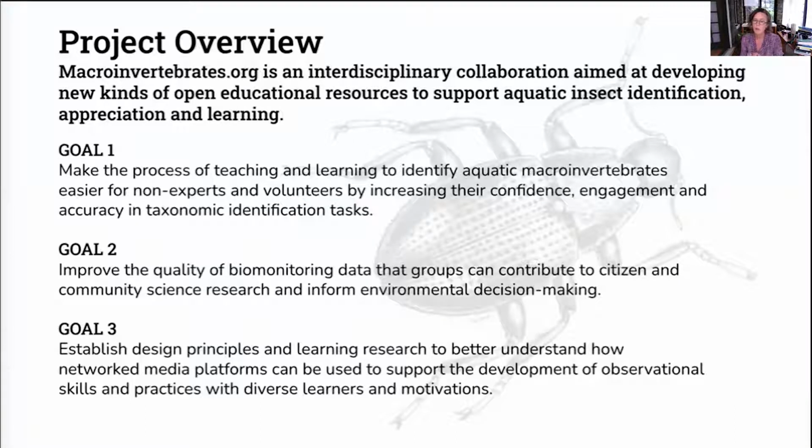Our second goal was to improve the quality of biomonitoring data that groups can contribute to citizen science or community science, or to just inform their environmental decision making. It was really important to make sure that the training and learning resources were available so more people could more easily skill up and learn how to do this ID work for these purposes.